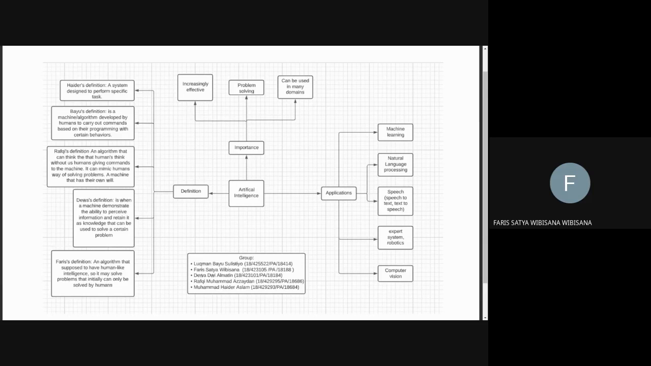According to Dewa, an AI is a machine that demonstrates the ability to perceive information and retain it as knowledge that can be used to solve a certain problem. According to me, an AI is an algorithm that's supposed to have human-like intelligence, so it may solve problems that initially can only be solved by humans. So in conclusion, we agree that an AI is an algorithm or a machine that is developed by humans that can mimic human-like intelligence, retain knowledge, and solve problems that initially can only be solved by humans. Next will be